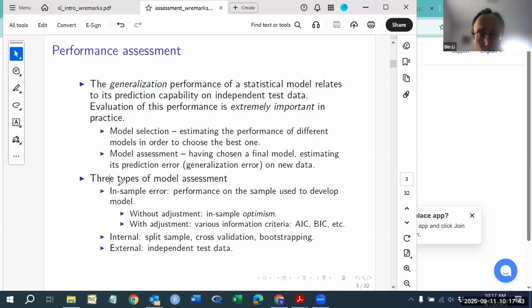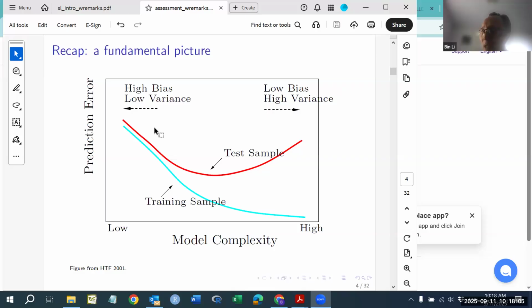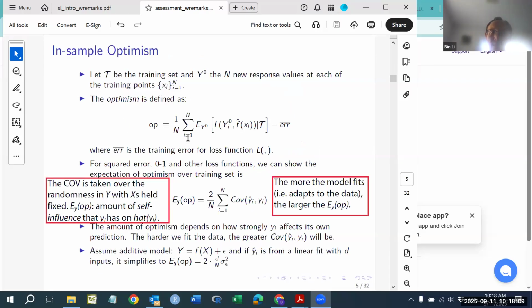For the in-sample error, that is the one that minimizes in-sample errors that we talked about. But for these two, we are trying to minimize or optimize the extra-sample or the generalization error. I've already mentioned this, so I'll skip that. So for the in-sample optimism,